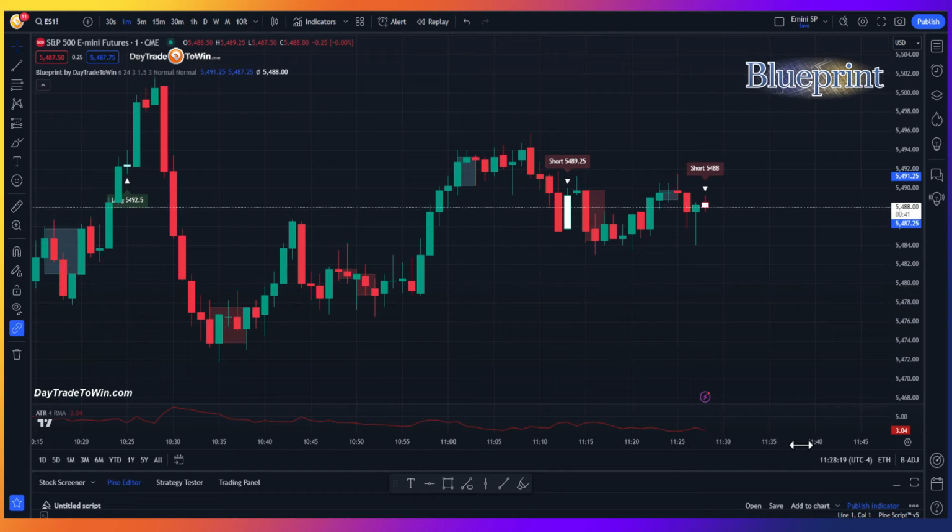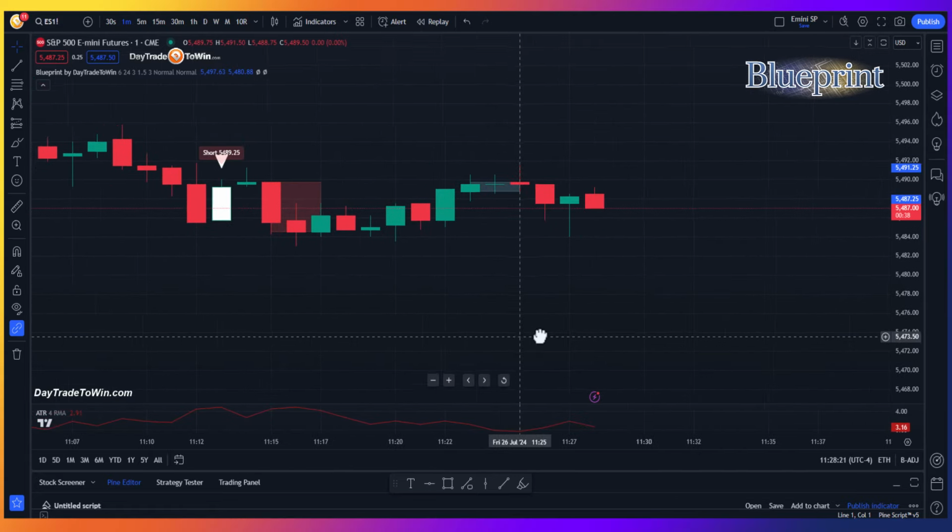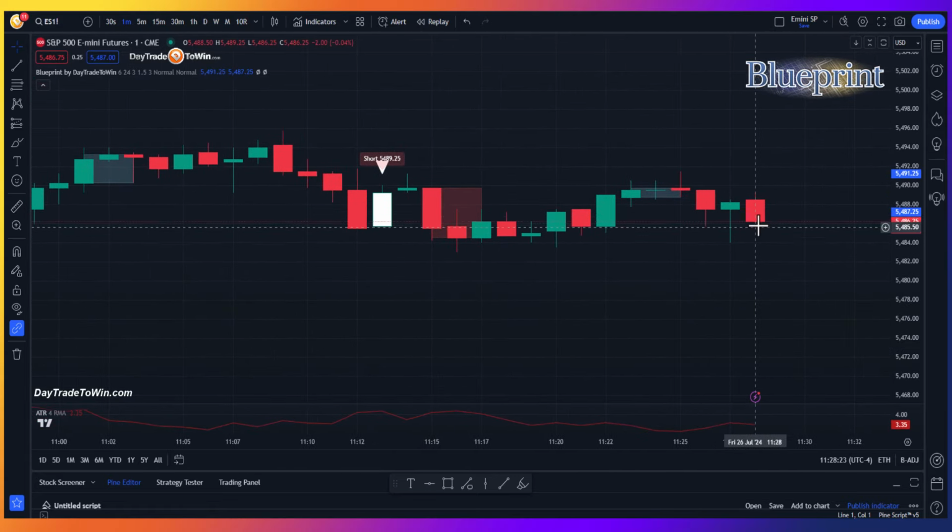Let me just expand this out. Let's see if this trade does anything, goes anywhere. Remember, it's a signal to go short as it continues to the downside. Now, I have the ATR down there. The average true range is about 3 points, 3.5 points. You don't have to take all 3 points. That's a really big move. You can take 2 points, which is about $100. You don't have to take these big profit targets, but based on the ATR, the market should move about 3.5 points, which would be about